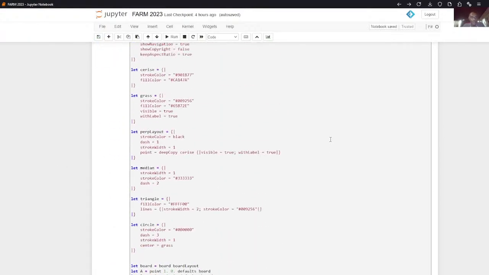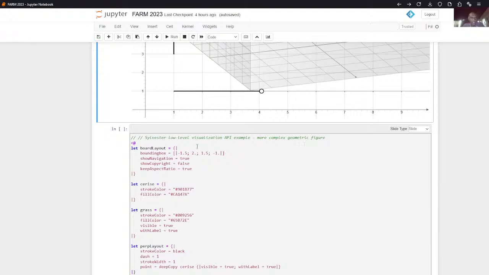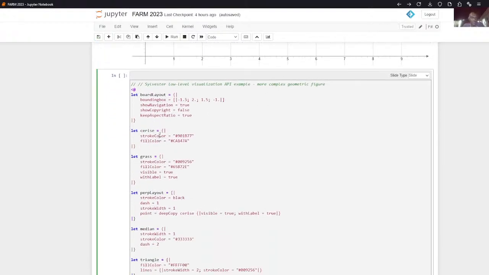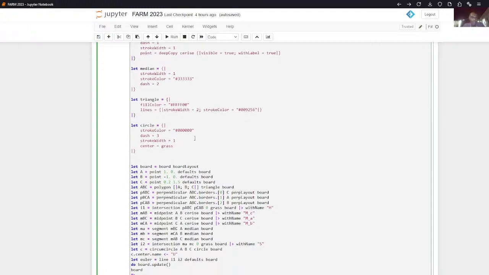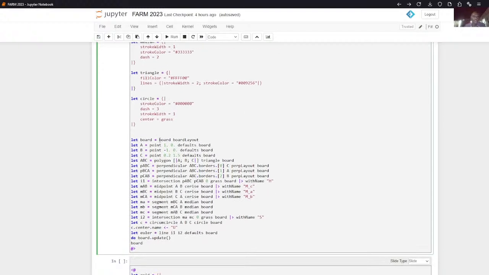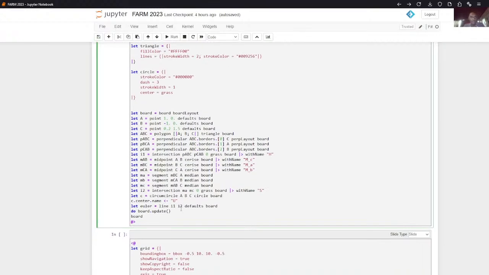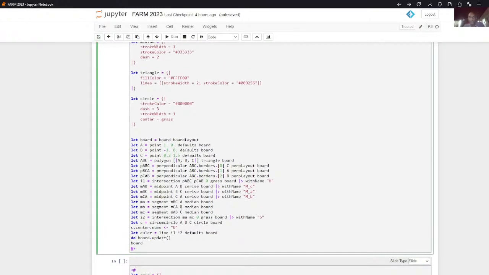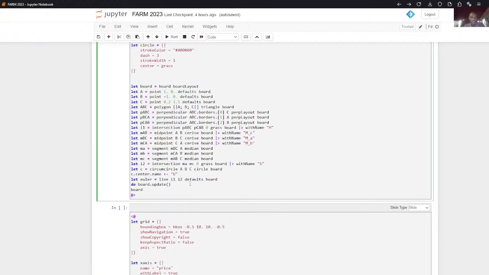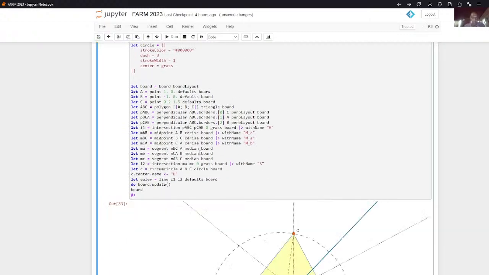Okay, so this is a more complex visualization. This is a Euler circle, but again, it's the same thing. We're using just F# code. And compared to JavaScript, the F# code has a very, very minimal syntax. We're using mostly plain English. There aren't a lot of semicolons and that sort of thing. So in some ways, the F# code is a lot simpler to understand than the equivalent JavaScript code.